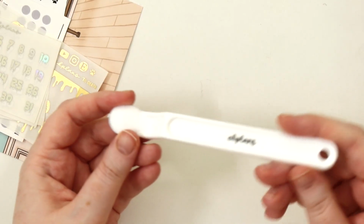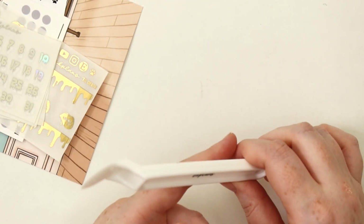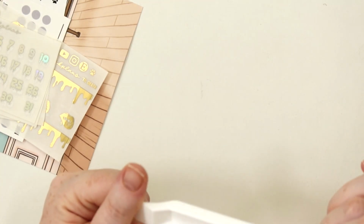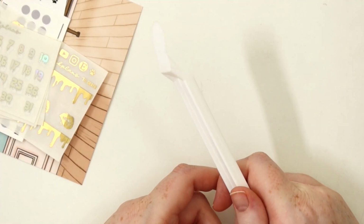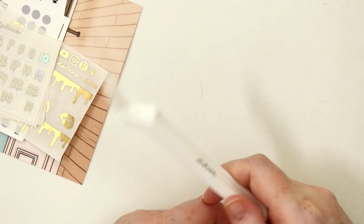You know, we love tools here. I'm going to use it on my next plan with me, so definitely keep an eye out on my videos. I might try and use it on a talk through if I get that done. One of my plan with me videos is coming up. I will try this out and let you know, either in the video or in the voiceover, what